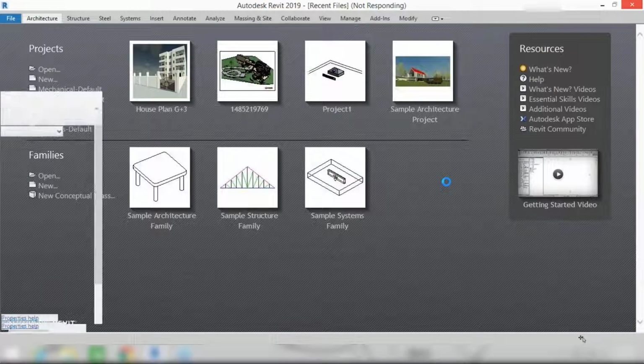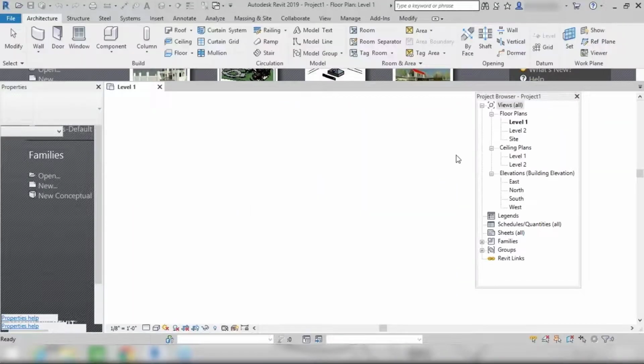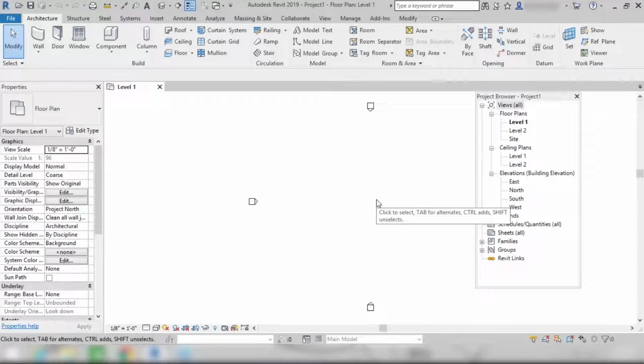So in our previous session, we discussed how we can create different types of material for walls, and how we can place different doors and windows. We had started the roof part, so let me continue the roof part only.